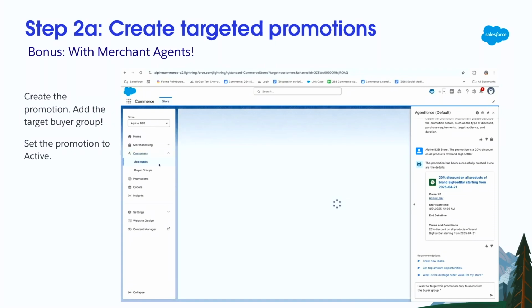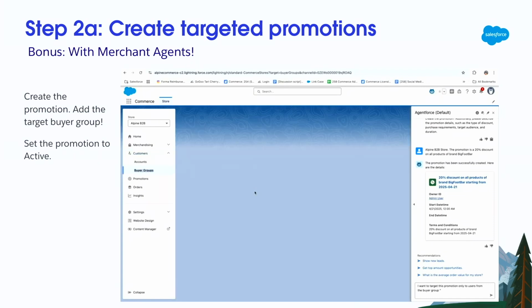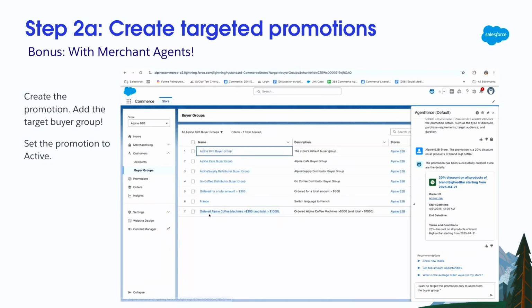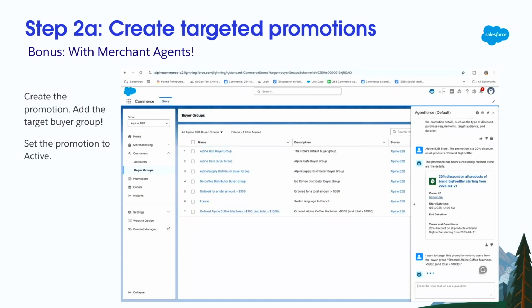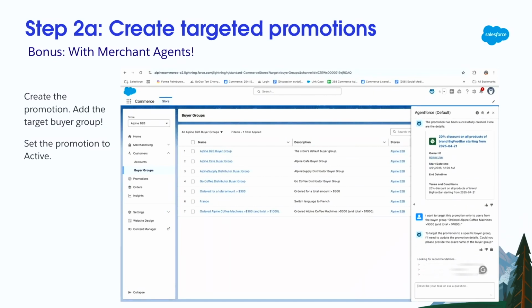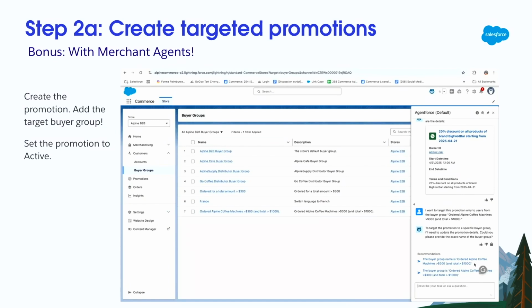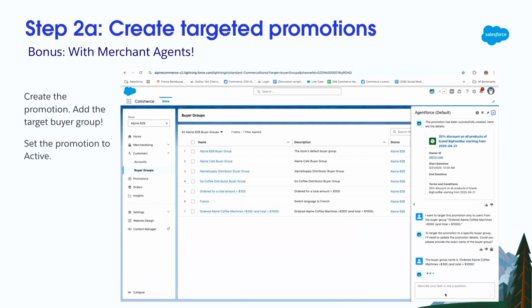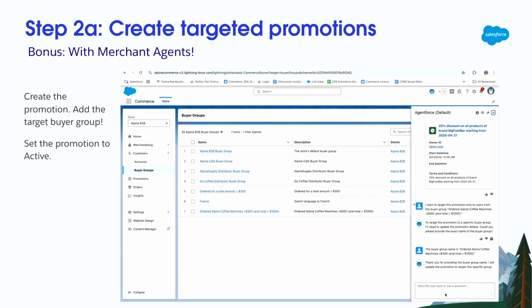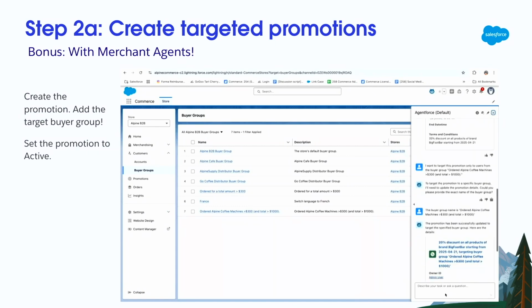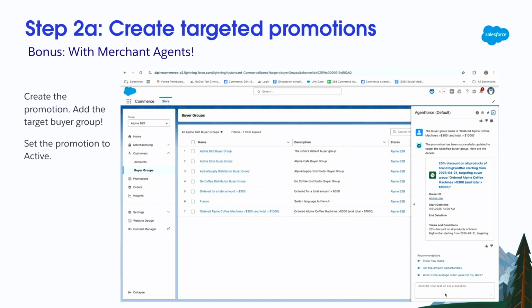And now the next thing she does is she remembers that the promotion has to be targeted towards the segment she just created. So she asks the agent to make sure that the promotion is targeted to that segment. The agent takes care of that, and we should be done in another 30 seconds. So the agent asks for the exact name of the buyer group. So she makes sure that she gives the name of the buyer group, and the promotion gets created with the promotion segment associated with it. That is the same as the buyer group that she has just created.